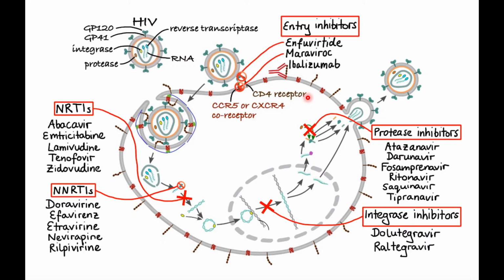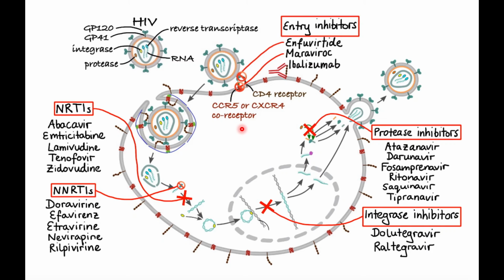The first group is the entry inhibitors, and entry inhibitors include Enfuvirtide, Maraviroc and Ibalizumab. These drugs block either the CD4 receptor or the CCR5 or CXCR4 receptors,